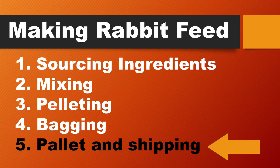How does rabbit feed reach rabbit breeders? So we utilize a network of dealers across the country that I work with to order whichever formula breeders want, and so they place an order, primarily through our customer service team, and that kind of triggers a demand, and from there feed is made and then shuttled over to our distribution center, where it's either put on route trucks if it's local, kind of within a tri-state area,